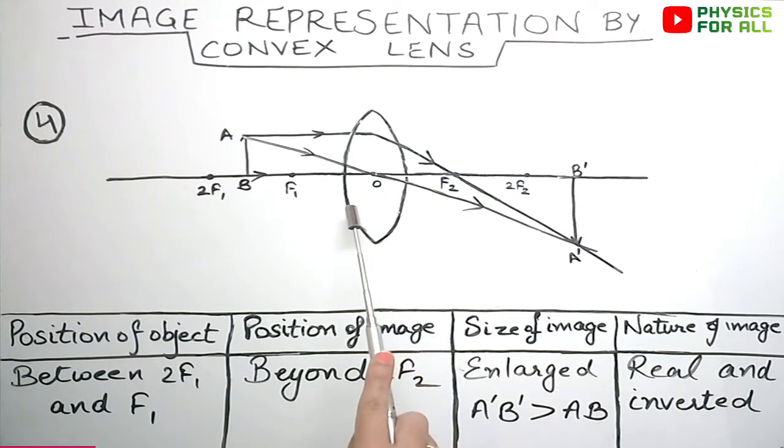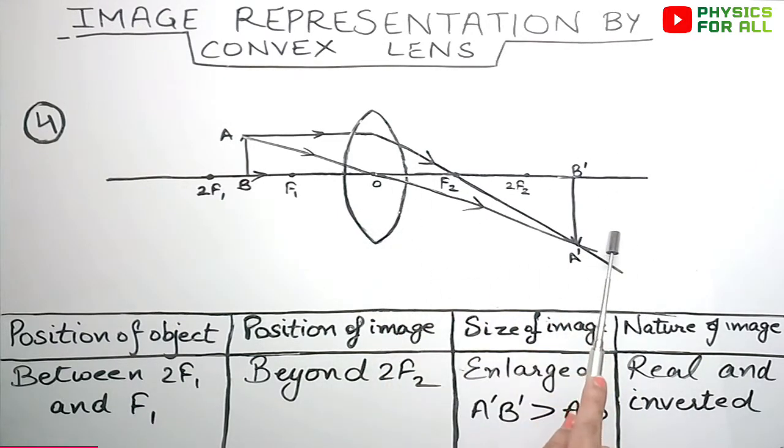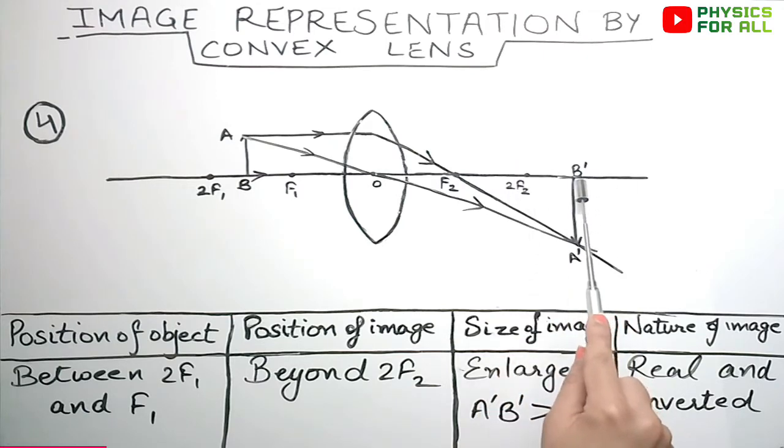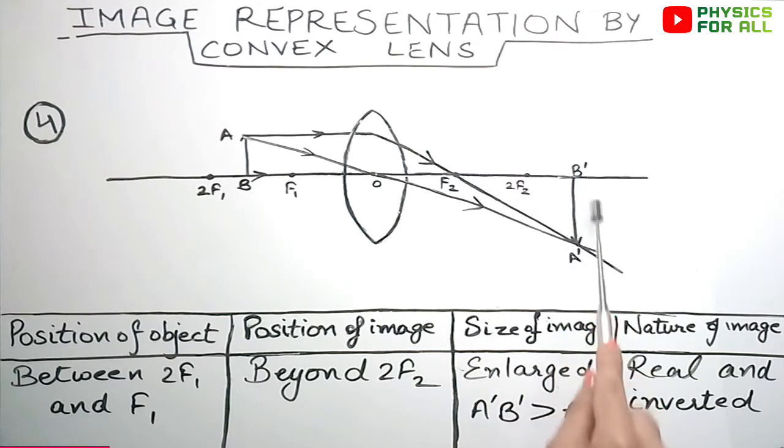So in case of lens, whenever image forms to the right side of the lens, the image is always real and inverted. Inverted because we can see that the point of intersection of two rays is below the principal axis, and if the image is inverted, then it has got to be real, because erect images are considered to be virtual and inverted always give us the real image. So this concept and all these cases are similar to the 4th case of image formation by concave mirror. So you can relate it, all these values are the same.